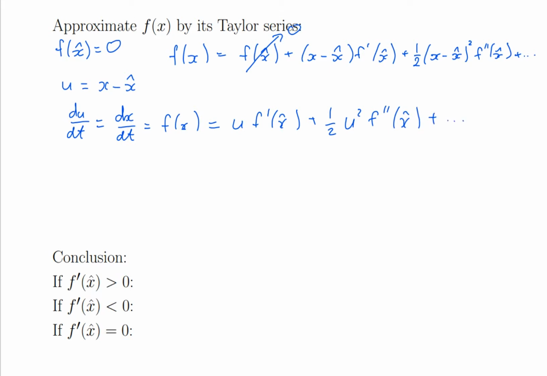Now consider the case when u is small, because I'm starting close to my fixed point. So that means the absolute value of u is much less than 1. Then the second term here, u squared, and all the higher terms, u cubed, u fourth, and so on, will be very, very small indeed. So when u is small, the most important term is going to be the first one. So I get an approximation